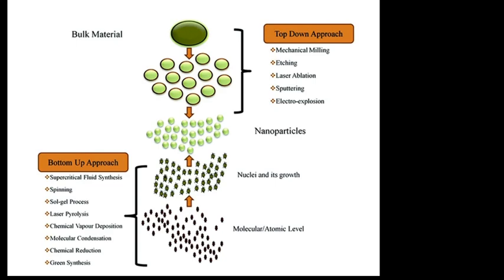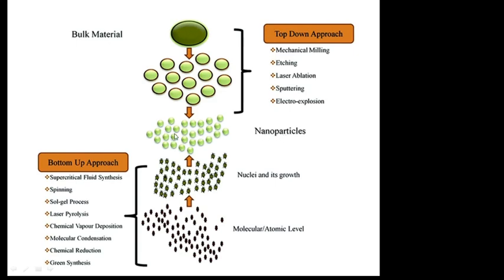So basically we have a bulk material over here, a larger one, a macro size, that means you can measure it with a ruler and so on. Now this one, the spherical, bead-type, green one, that is our nanoparticles. It could be one dimension, two dimension, three dimension. Right now we are not bothering about whether this is one, two or three dimensions, but it is a nanophase. Okay, so nanoparticles.